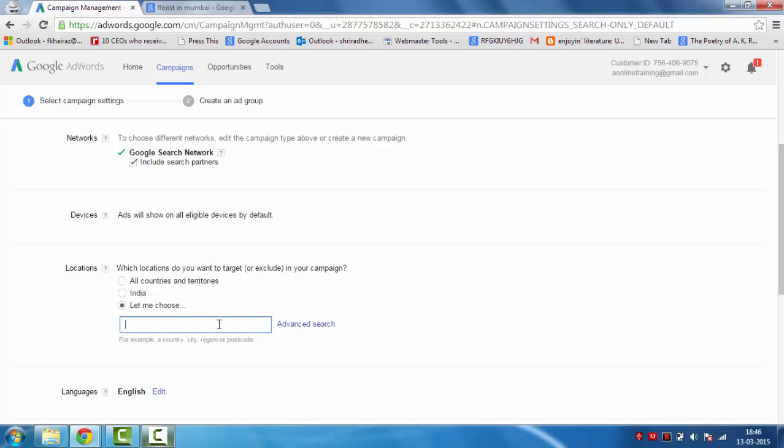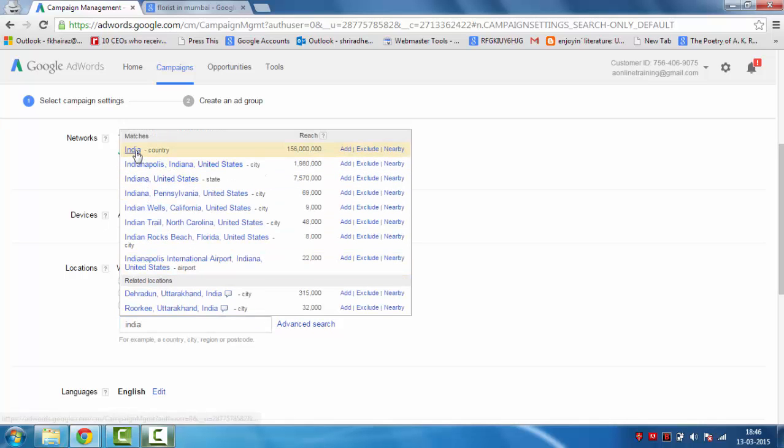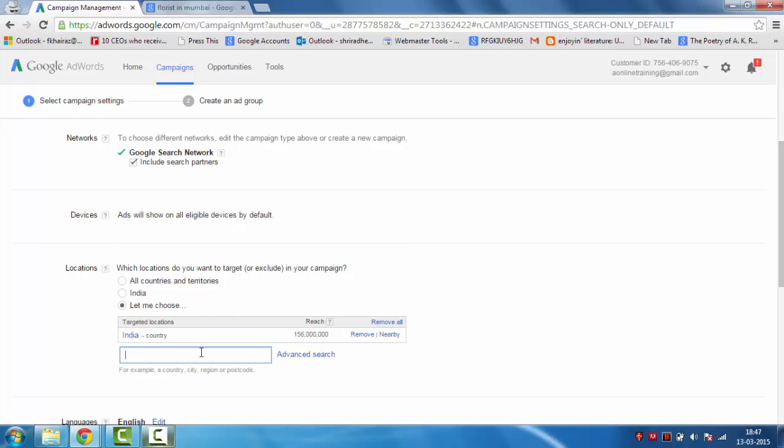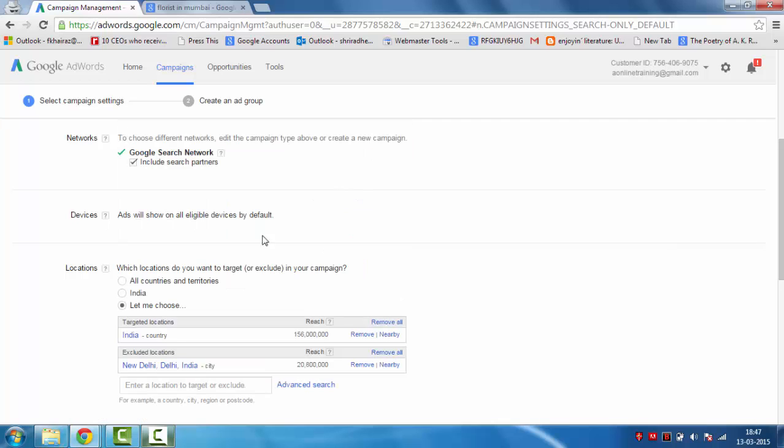I will write India and select India as the country. Then I will select Delhi from here, and here you have the option of add, exclude or nearby. Now add, I do not need to add it because I have already selected India. If you select India, automatically Delhi is a part of India. So that's already added. But if I select exclude, now this ad will run in the entire country, but it